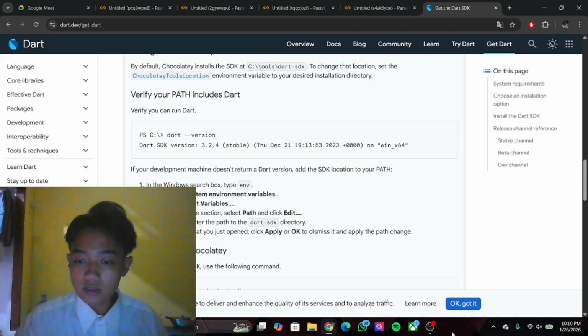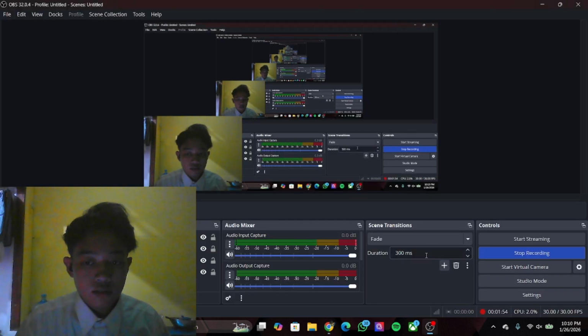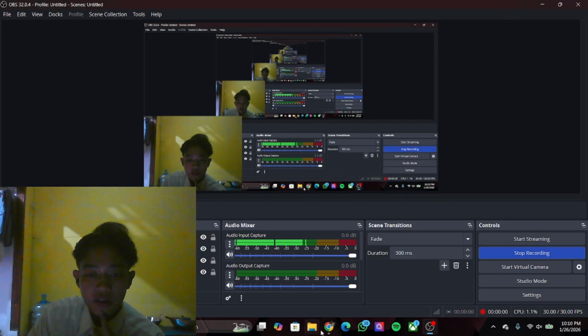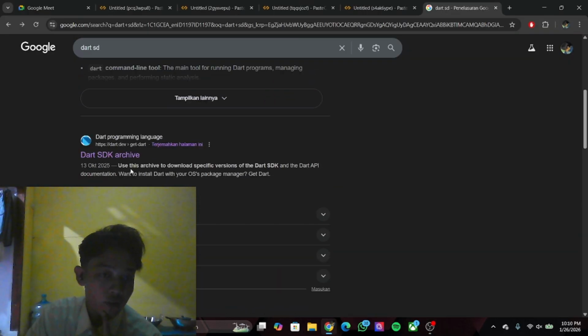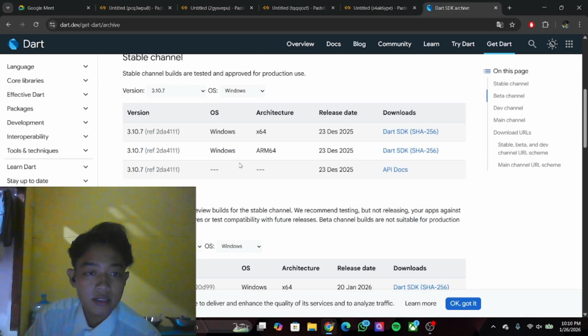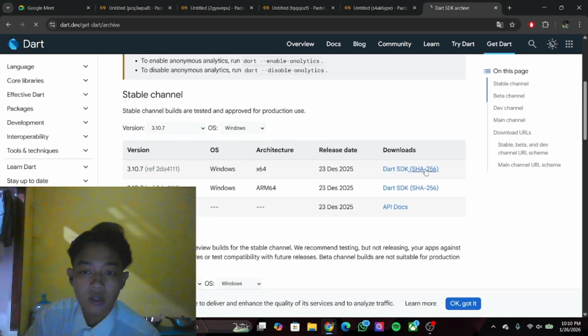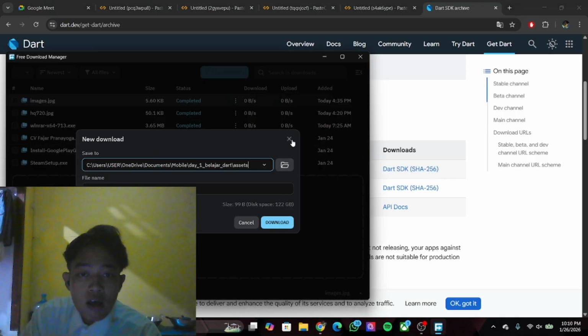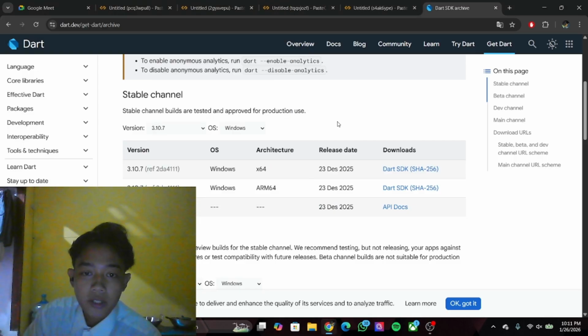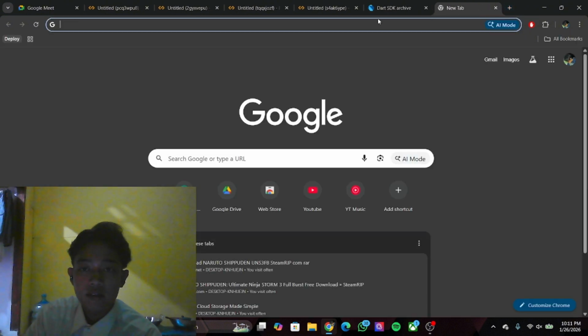I want to check the. So I found this SDK of Dart. So you guys can see that SDK archive, and to get the Dart you can download Dart. Like this, and you guys can download this on the computer. And the next